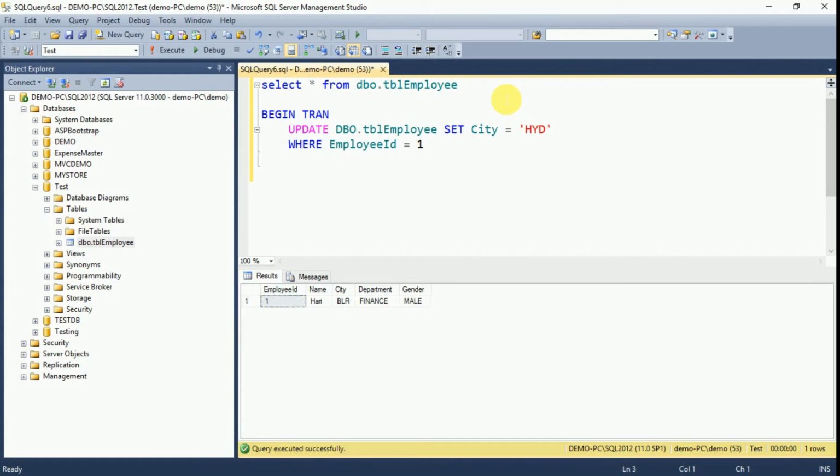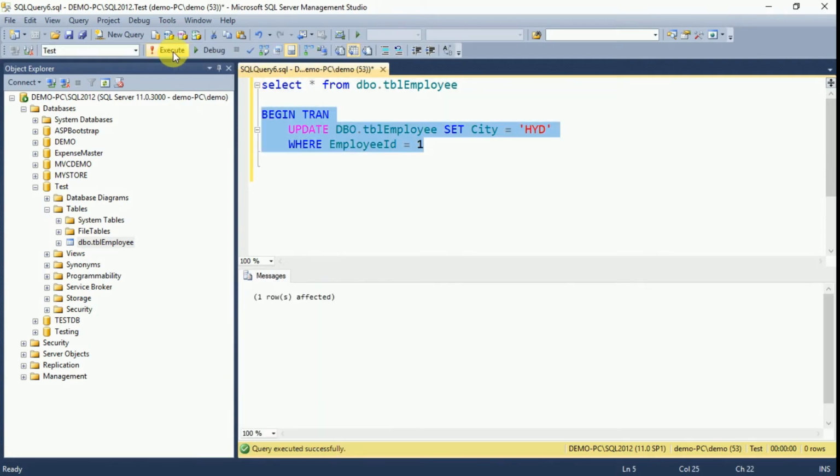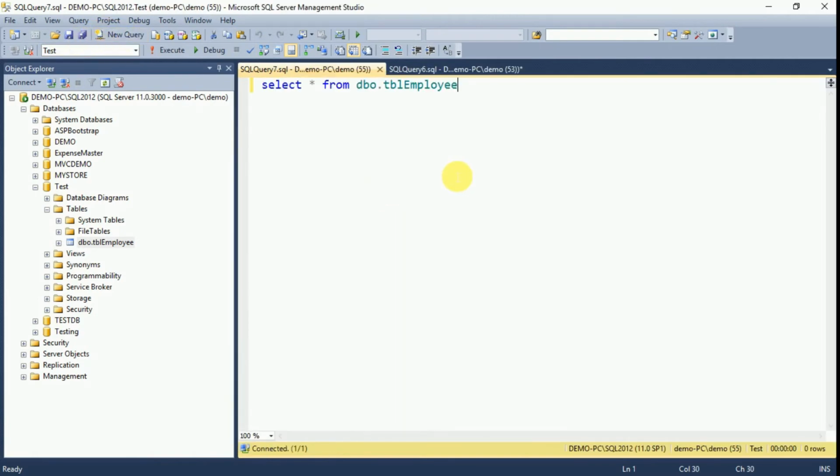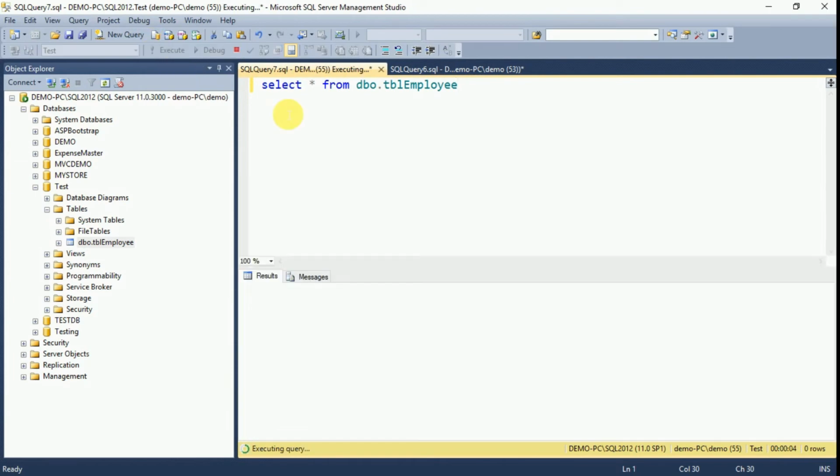Now after giving begin transaction, we have to commit the transaction. First we'll see what will happen if we are not using commit or rollback. Click on execute. One row is affected. Now I'll open a new query and I'll try to access the data which is updated. Click on execute.